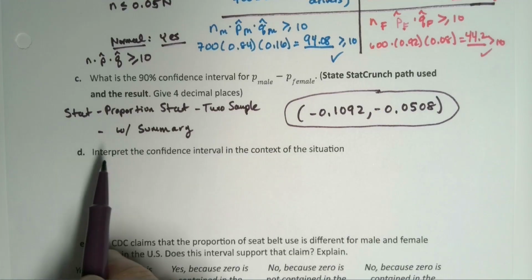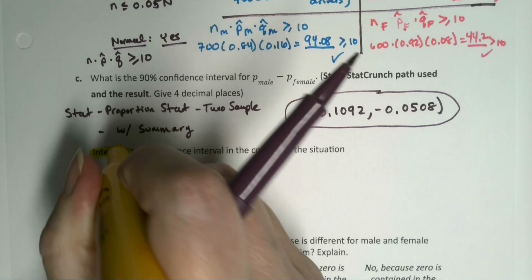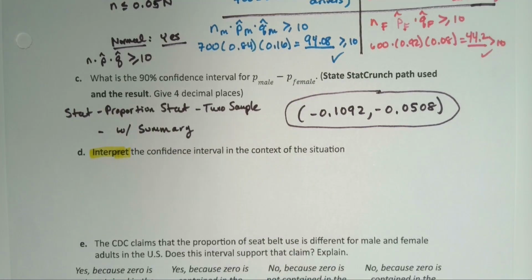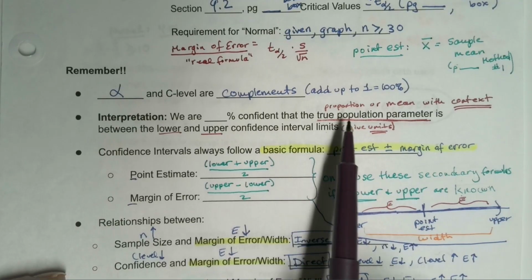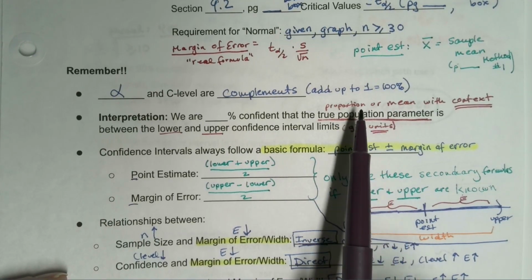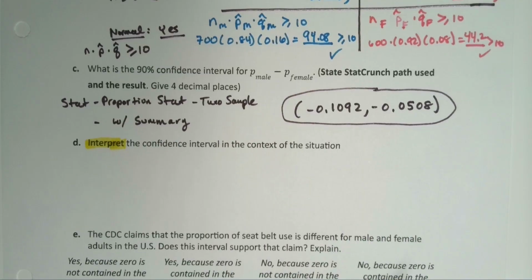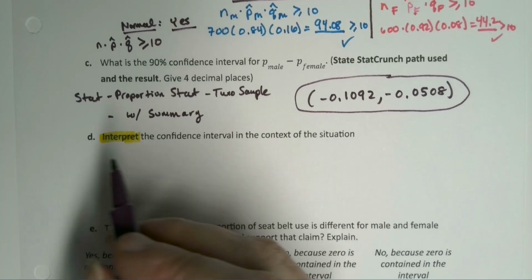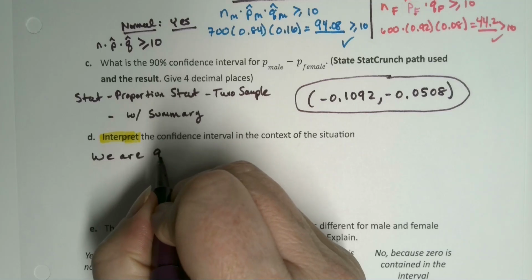All right, so now let's interpret that. Well, we've had a script for interpreting for quite some time, right? And the script is still the same. It's just that the parameter is different. So if we look back at our chapter 9 flowchart, we are this percent confident that the true population parameter. Okay, so back in chapter 9, that could only be a proportion or a mean. But now it can be a difference in means. Same idea though. We are still, in this case, 90% confident